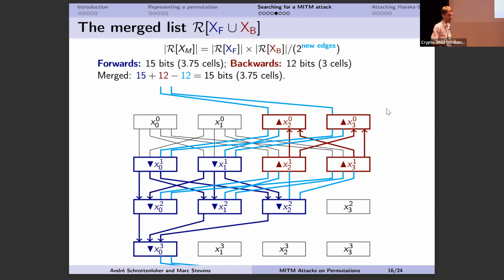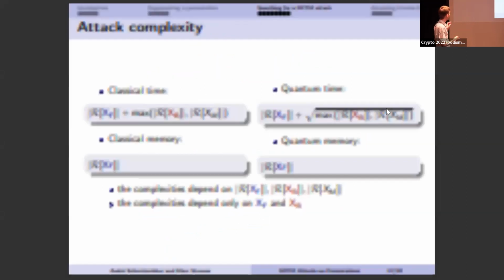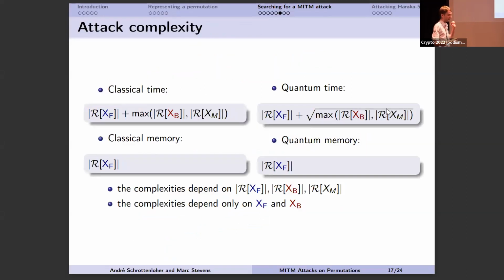So we have an algorithm, and this algorithm depends only on the sizes of the lists. And the sizes of the lists depend only on the choices of cells. So we have immediately, for any choice of cells, even a bad one, an attack with a classical